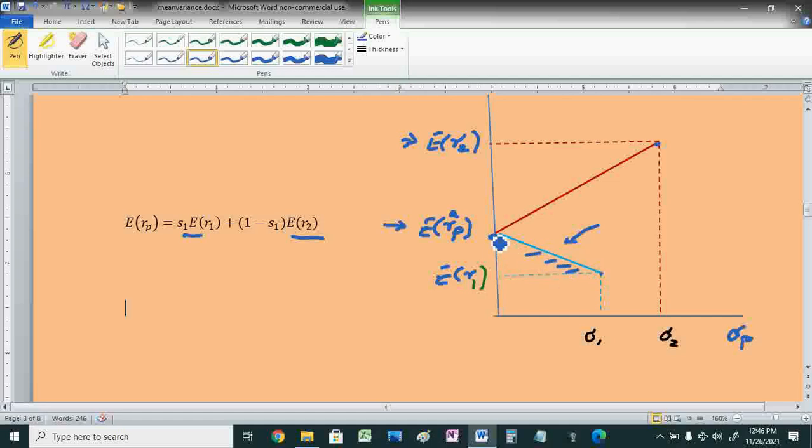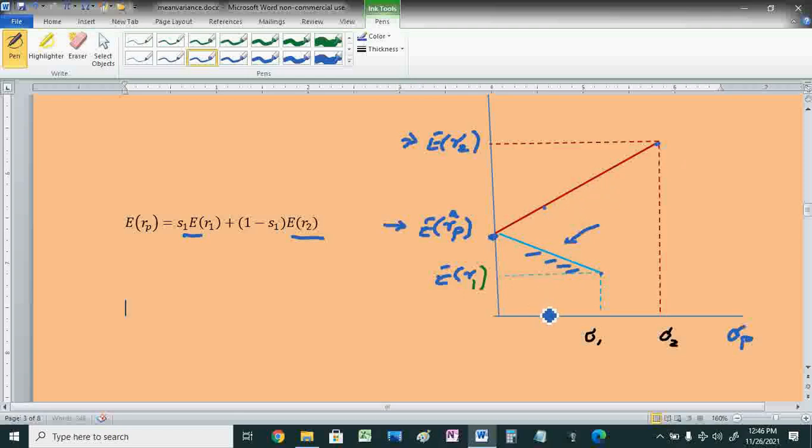Then see that when we use this portion of the portfolio possibility frontier, there is a sort of trade-off, that if I want a higher return than ERP had, then I'll have to assume a higher risk. So this is the second leg of the portfolio possibility frontier, and while this collectively is defining the portfolio possibility frontier, see that this is the leg which is defining the efficient portion of the portfolio possibility